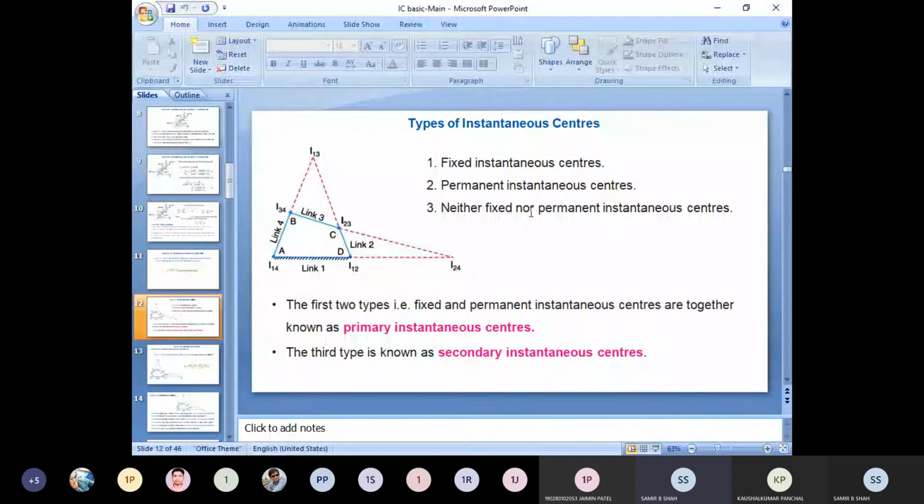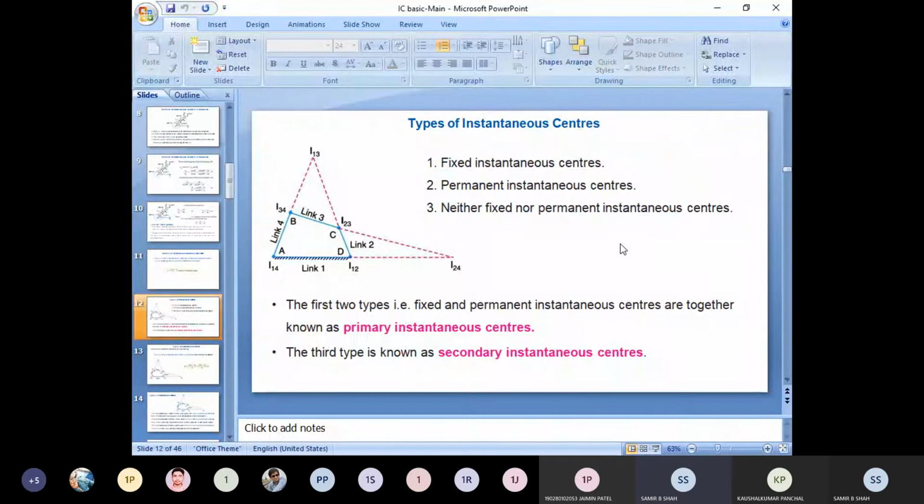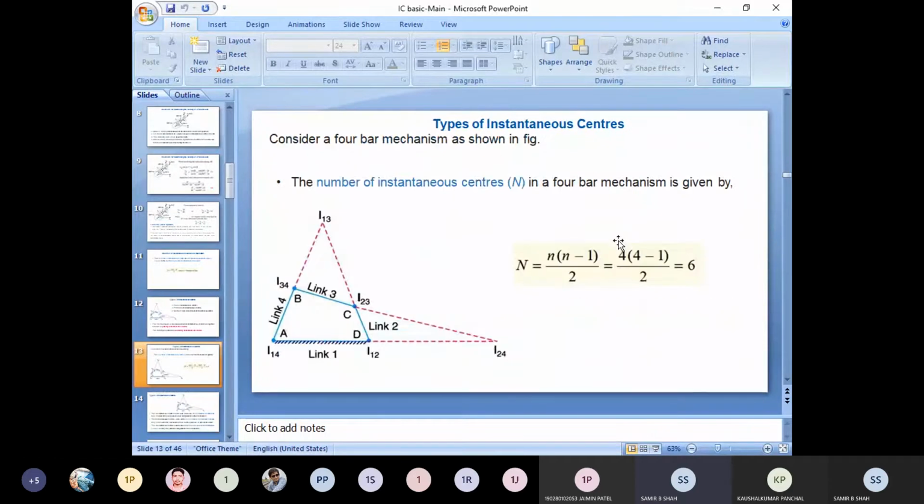As we know, there are 3 basic types of center that we have to find from our imaginary point of view. So here: fixed I center, permanent, and neither fixed nor permanent. Okay, so these are the 3 basic types that we have to count whenever we start to calculate that example. After that,